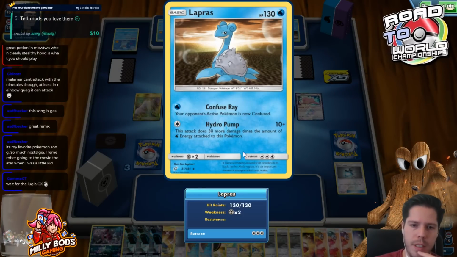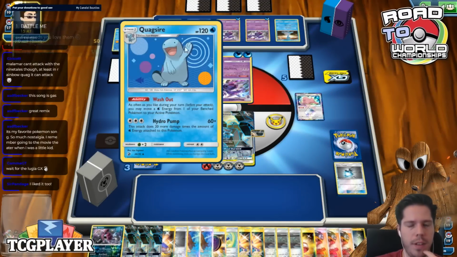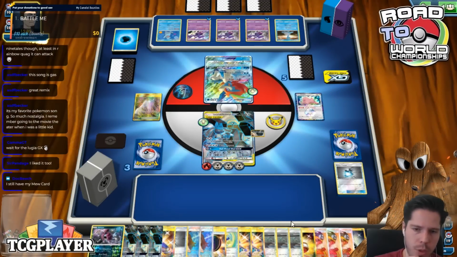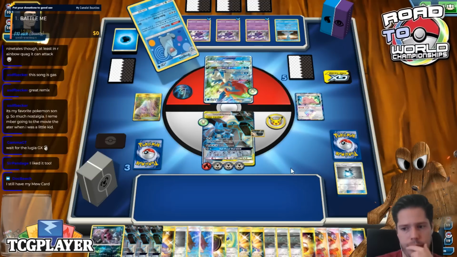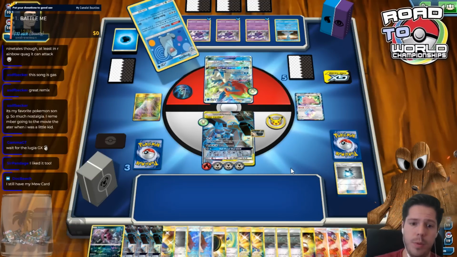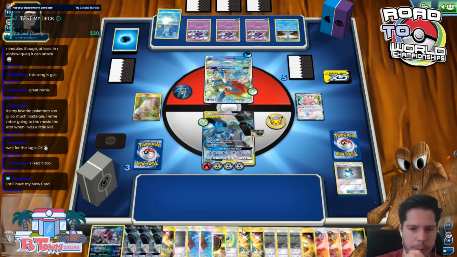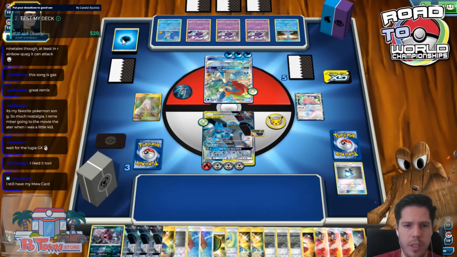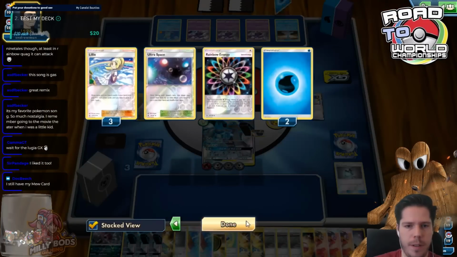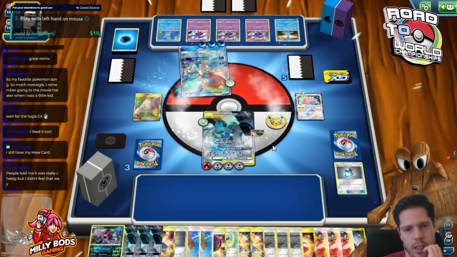Lapras, 30 damage times the amount of water energy attached to this Pokemon. Interesting. So my opponent did have the last Quagsire. We do have power plants. Reset Stamp would be harsh here. Reset Stamp would be really harsh, that's for sure. So maybe I need to start thinking about that. I mean, there's not much I can actually thin though. But usually these decks don't play Reset Stamp. And watch, just as I say that, we're gonna...